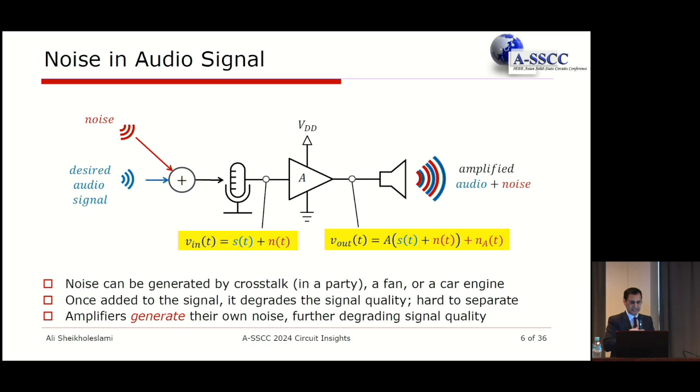So here I'm showing an example where you have the desired audio signal and you like to amplify it, but beside you there's noise. And again, this could be crosstalk, it could be somebody else speaking, or it could be a fan, whatever other noise source that you have. And by the time they get to the microphone, they add up. This is the air pressure being added up by two sources. And now you're going to amplify this. Now, of course, if you look at the output of this microphone, you see there's a voltage signal that is signal plus noise. So this is S of t represents the desired signal, and N of t, the undesired or the noise, the random signal.